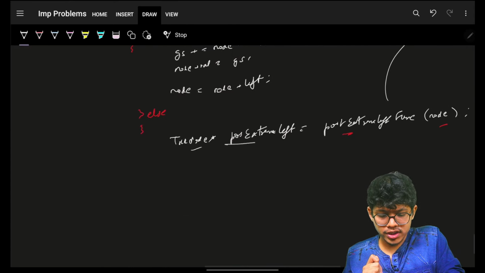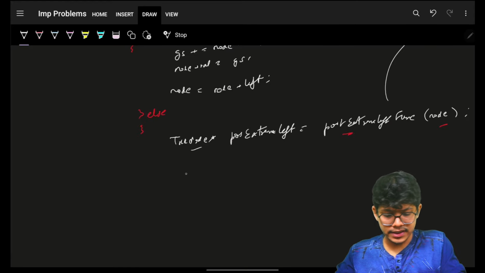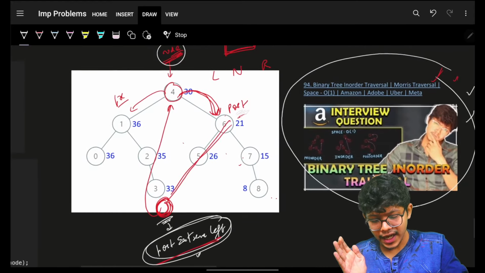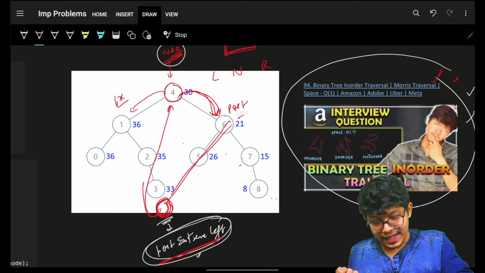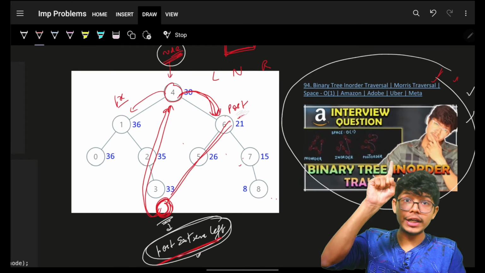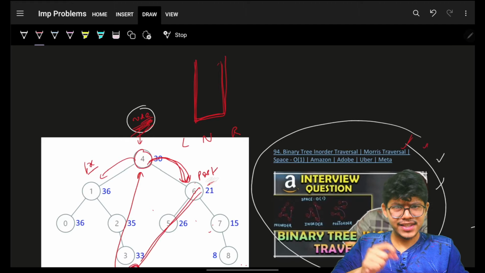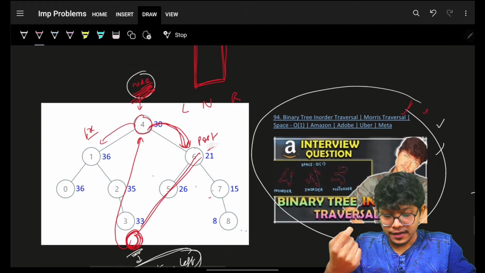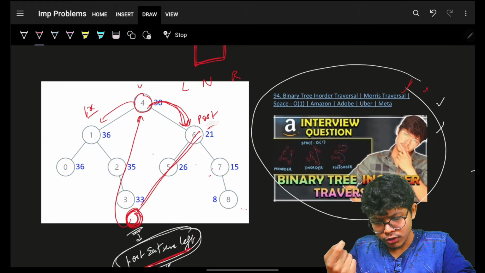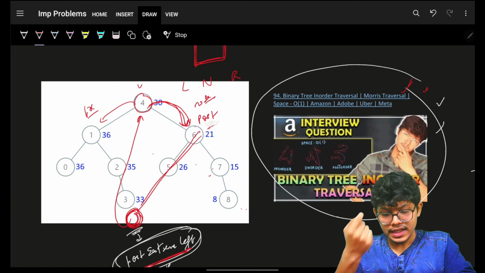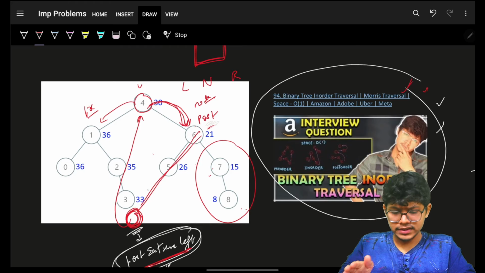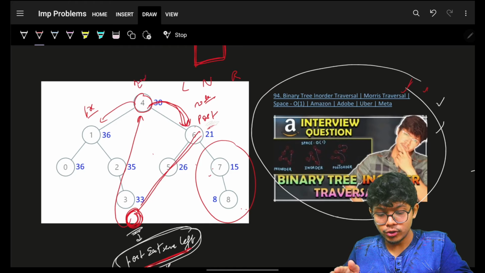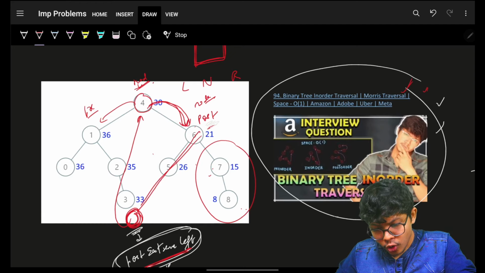When I have reached that post extreme left node, my prime task is that I should assign the thread, and I should say that the post extreme left node's left thread should point to my node. So I should make sure I do this. But a quick question for you guys. Let's say you have made the thread, which means you will now shift your node here. Then let's say you did the entire traversal, and you reach your node while traversing the left node, and then you come back to, let's say, this node. If you go back to your right side,